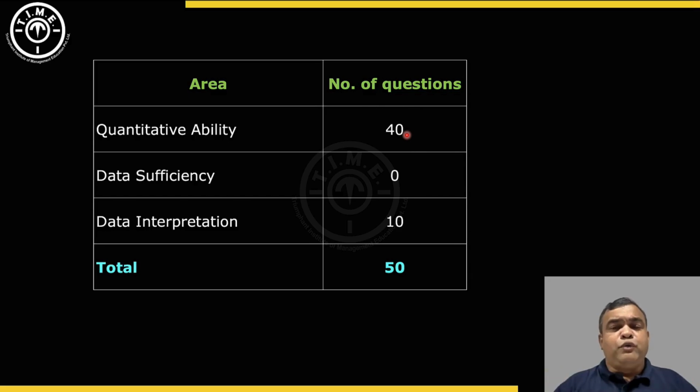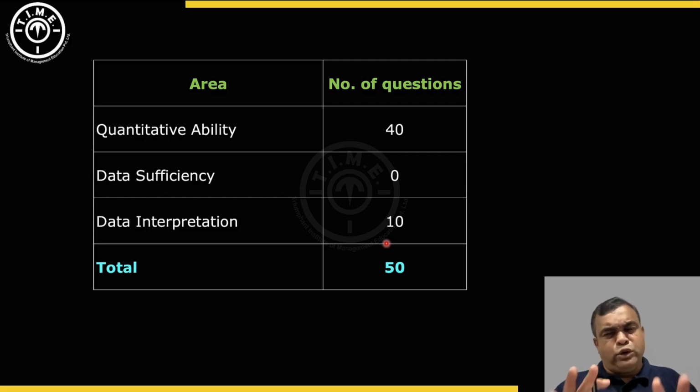Okay, so when I give the breakup, out of these 50 questions, 10 questions were of data interpretation. So the strategy could have been, if you want to attempt all 50, you can do that. That would have taken 35 to 40 minutes for a good student. But if you feel some of the areas you're not strong enough in, then probably students who are good at